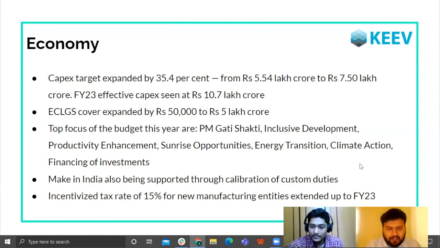Right, and the next point that you have also relates to Make in India. So the government is focusing on Make in India a lot. They have the Atmanirbhar Bharat program, which has been running for the last few years. Even this year they are continuing with the same theme and providing some small adjustments or small benefits